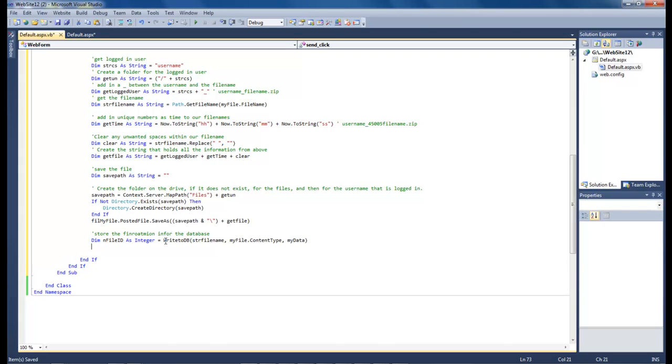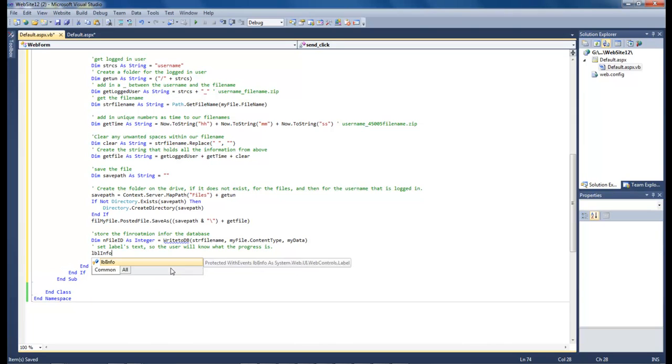My data. Okay, that's going to give an error, but we're not going to worry about that right now. The next thing we want to do here is set our label's text so the user will know what the progress is. So now we're going to do label info dot text equals file name colon, quote, and string file name,